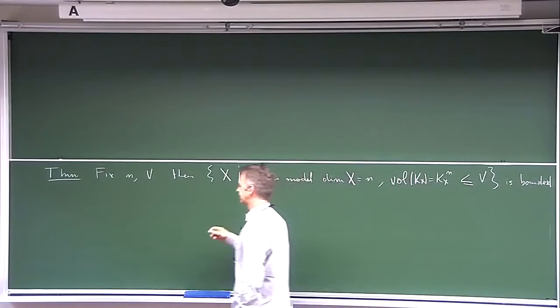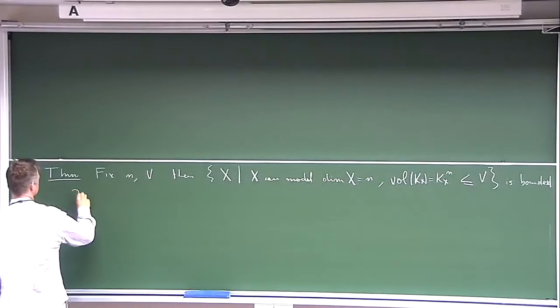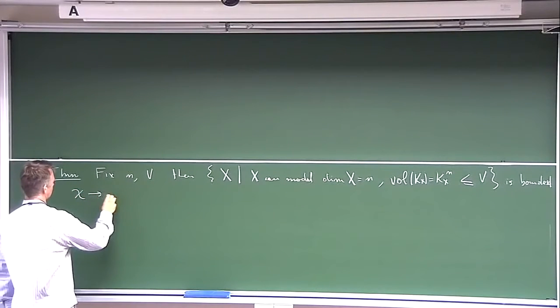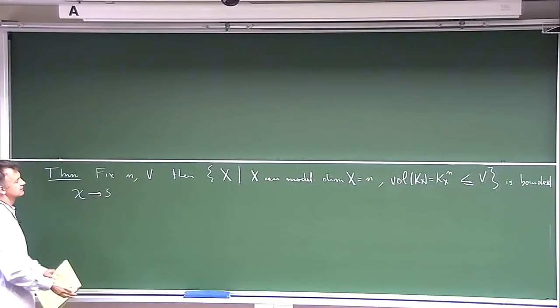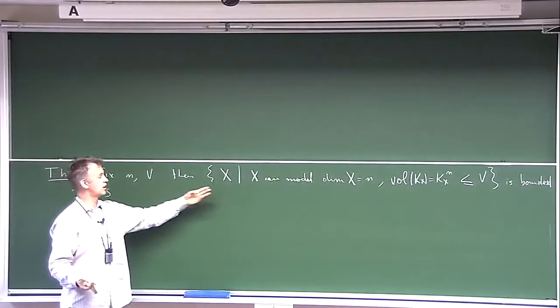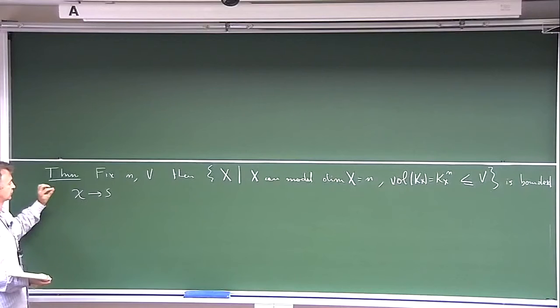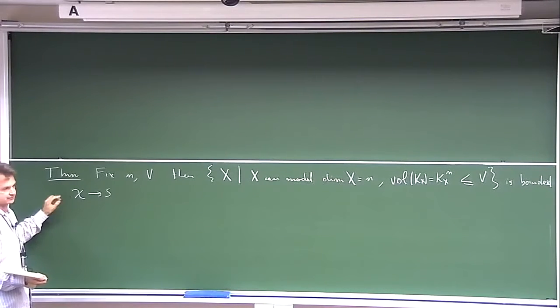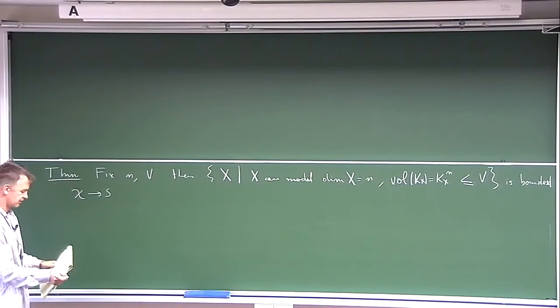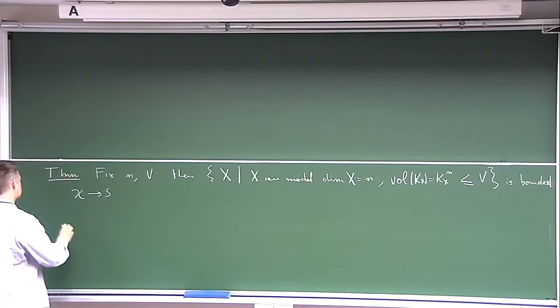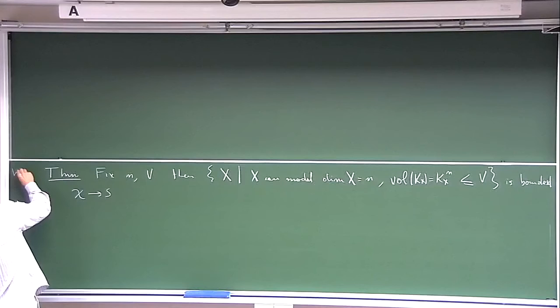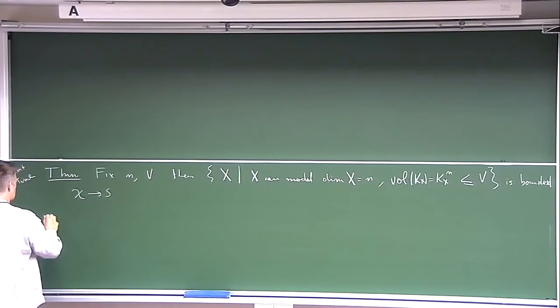More precisely, there exists a projective morphism of varieties of finite type over the complex numbers, such that every one of these canonical models appears, maybe non-uniquely, as a fiber of this morphism. So you can sort of put them all together in a family. So today's goal, this was last time. So today's goal is to